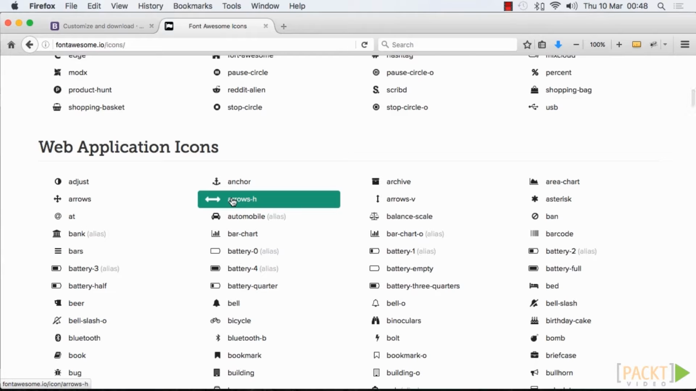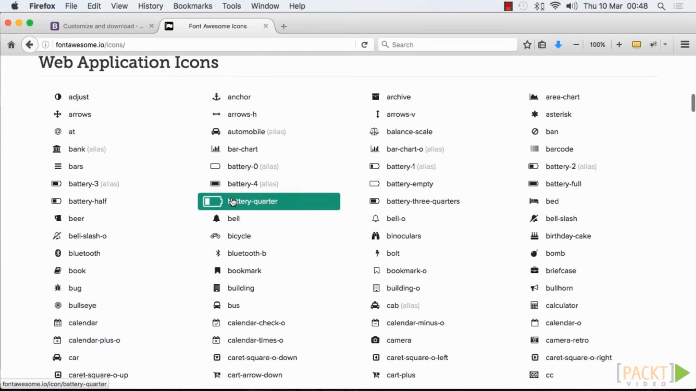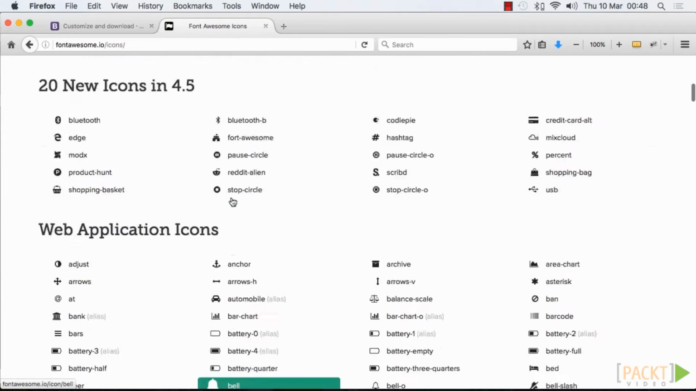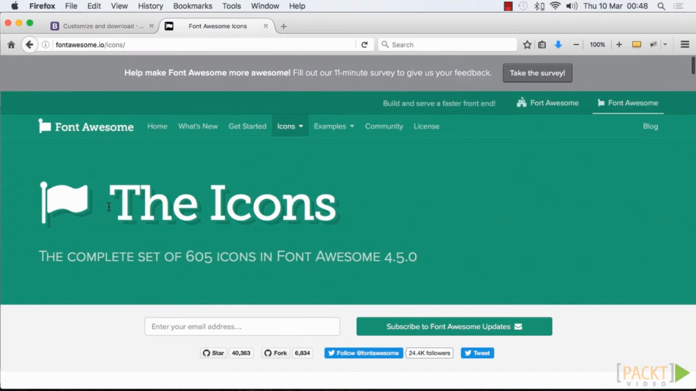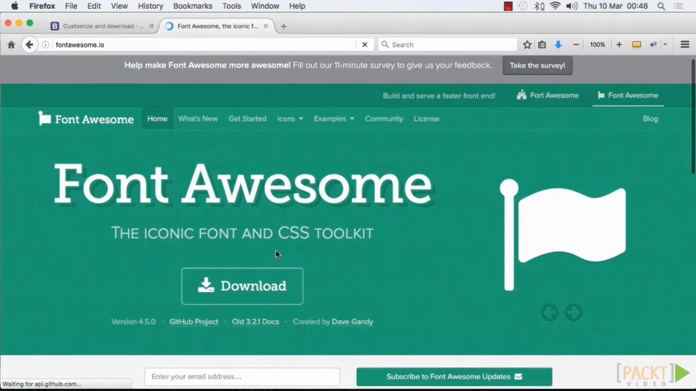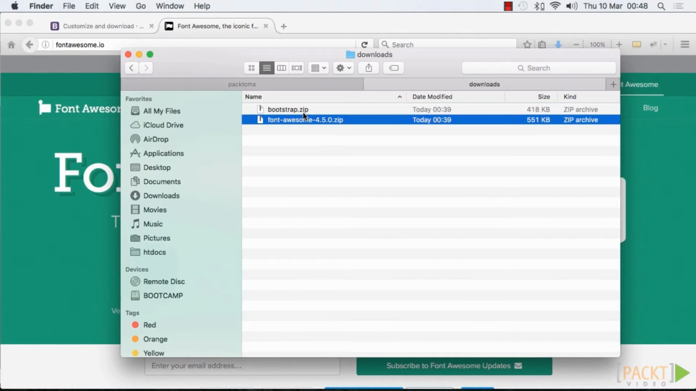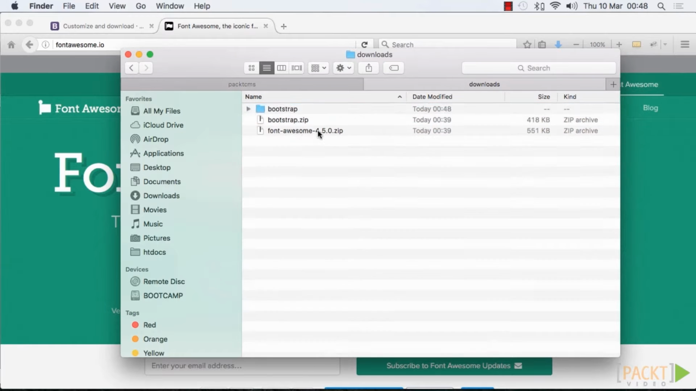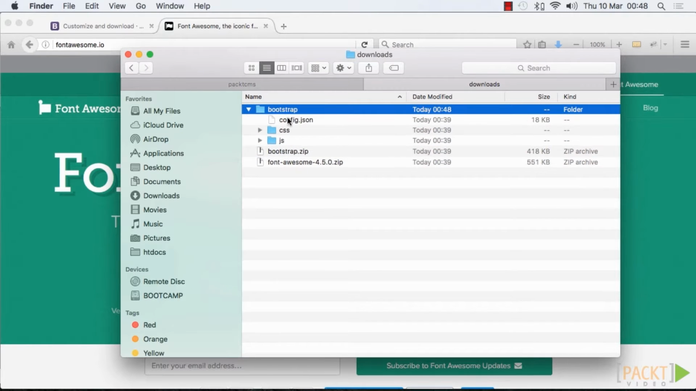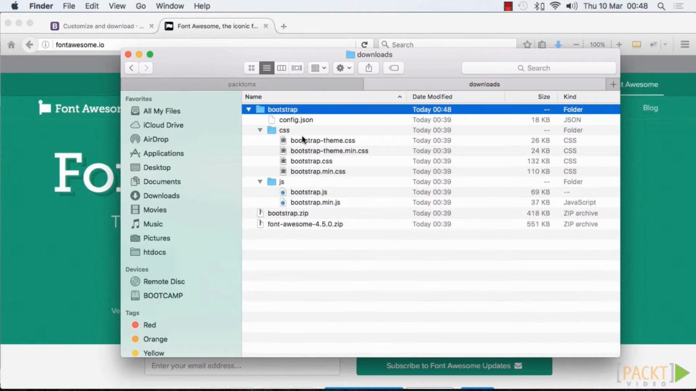And the beauty of it is you can use it with CSS, so it's basically an icon font, which means you control all the styling through CSS. So again, if we just download Font Awesome by pressing on this download button, it will actually give us a zipped file like here. So if we unzip Bootstrap, you will see that you get a CSS and JS folder,